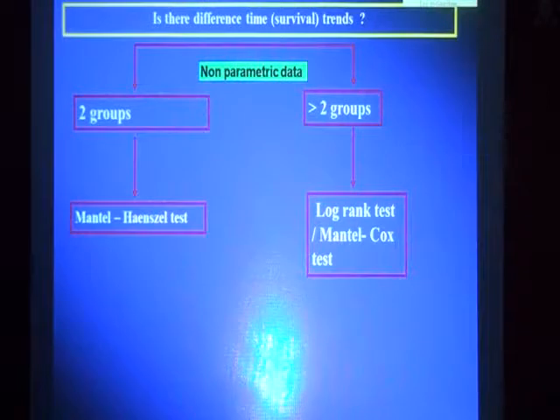And the final one is the difference between time and survival trend, because you have to draw the survival graph. But survival doesn't mean that death has to take place. This test was introduced for cancer patients, because at that time survival at 5 years or 3 years was considered the real success, not like today. But in any other field, for any event to occur, say glaucoma,